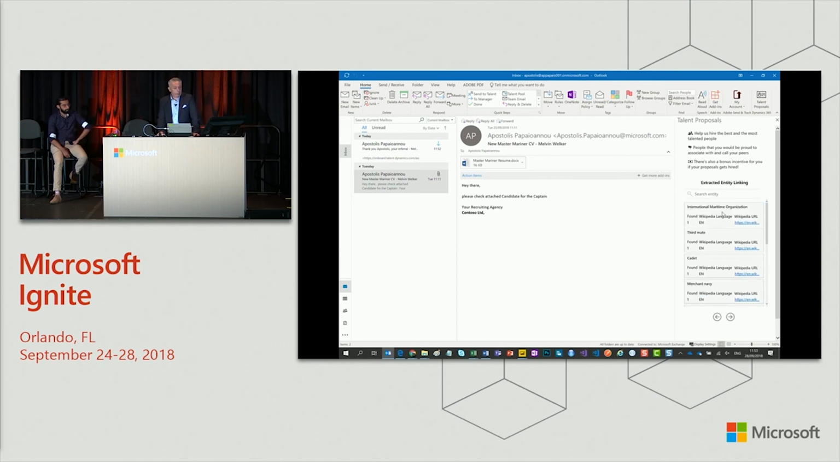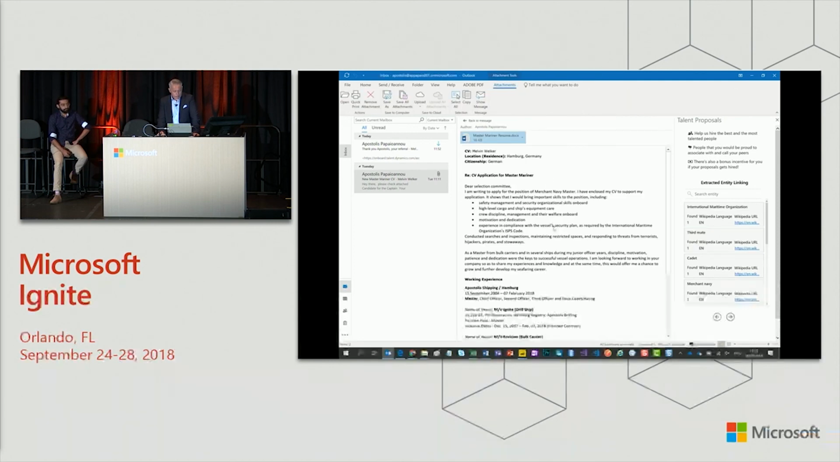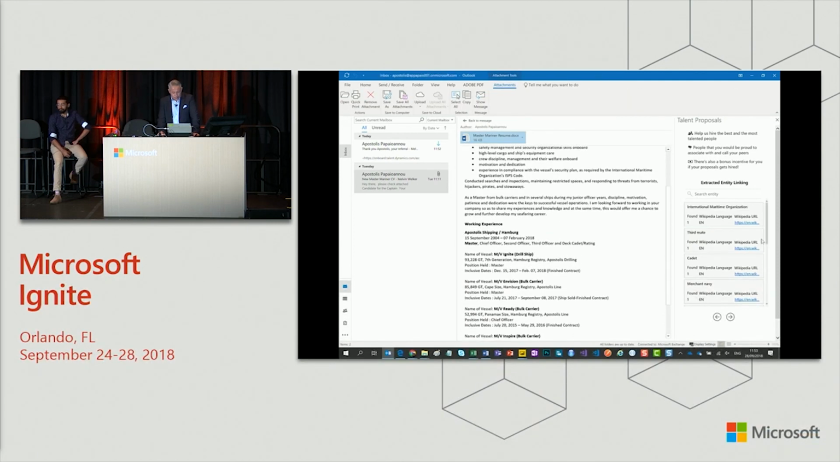The next thing is what I've told you before, the entity linking. These are now really Wikipedia pages which have been extracted from the text. Okay, so I have a text here in the CV, in the supplied text, for instance, cadet, merchant navy. And these are Wikipedia URLs which are automatically proposed by the Bing search. Next thing is the key phrase